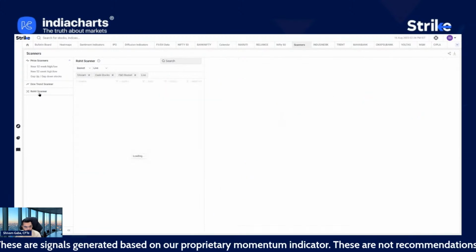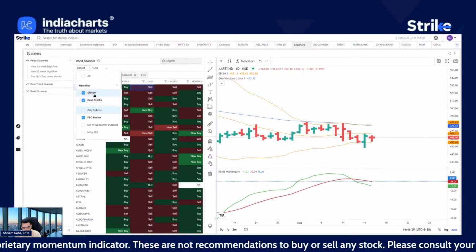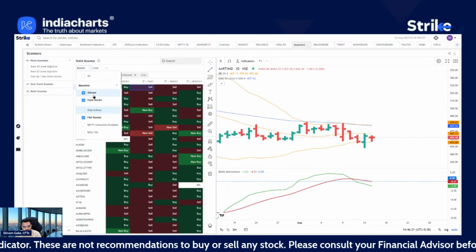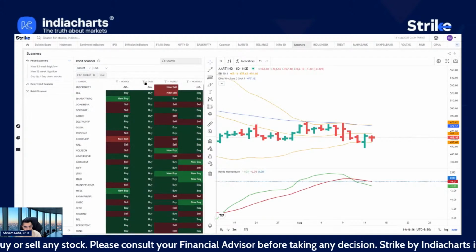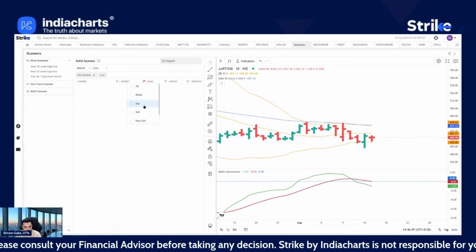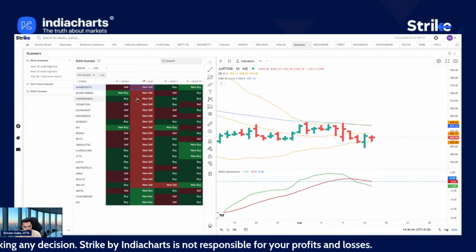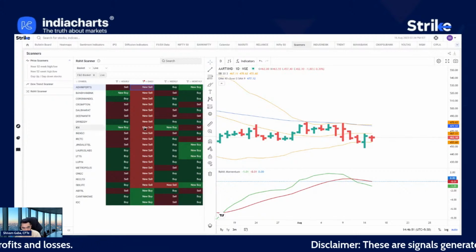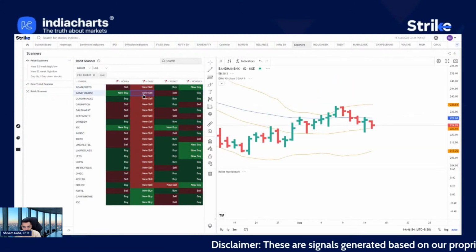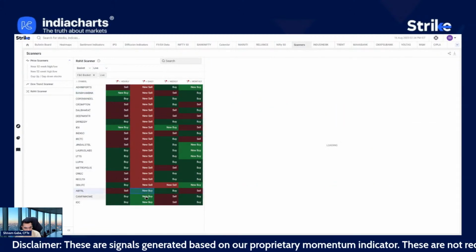And in terms of Rohit scanner, you can just go here and even select your own watch list. As you can see, right now my watch list is selected, so I'm deselecting it for now. And right now again in the FNO basket, let's see if we have any new signals. So we have a lot of new sell signals in the FNO basket on the Rohit momentum indicator. You need to further analyze each setup, whether or not it fits your trade setup or not. But yeah, these are the signals that we are seeing in today's session based on the daily time frame.